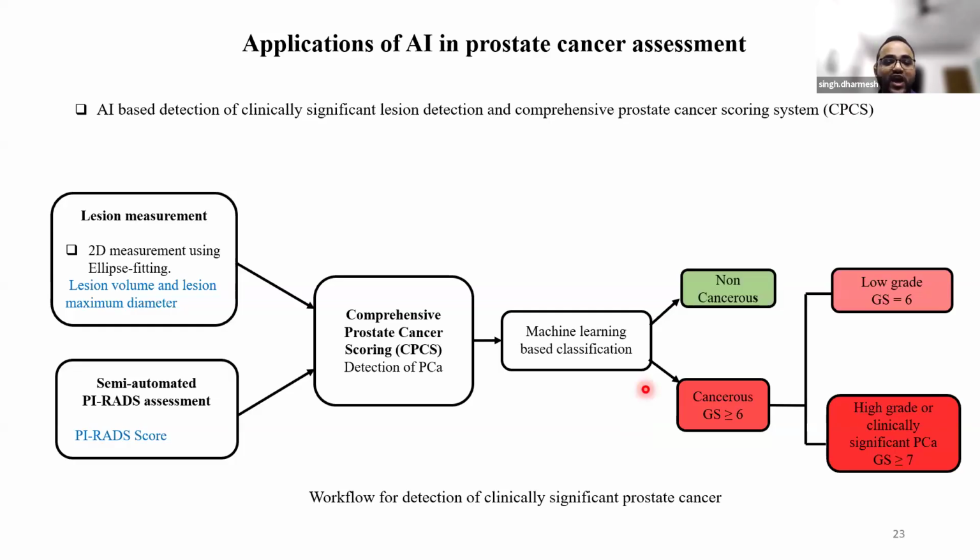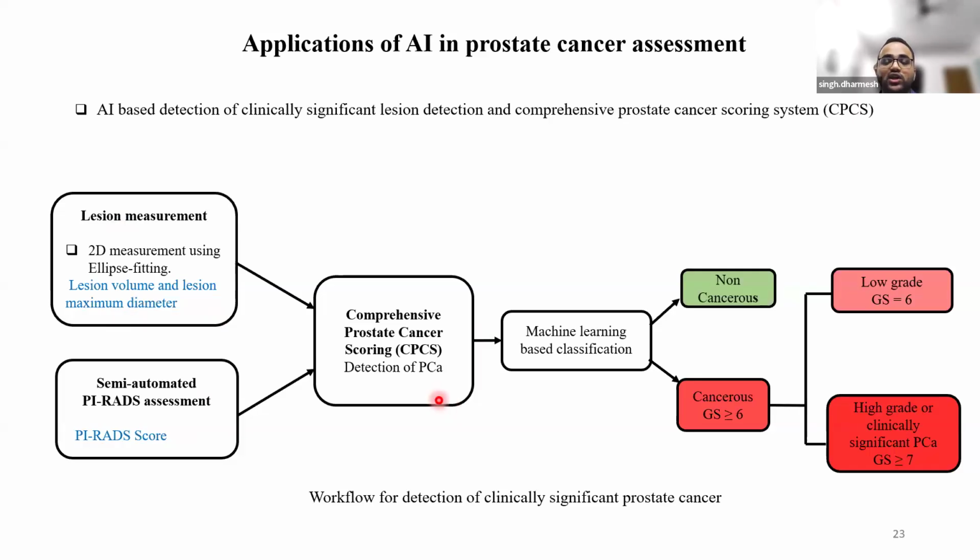So we have worked in this area also, and we begin with the lesion measurement step. We have used an automated segmentation or AI-based approach for lesion volume and lesion maximum diameter. So we have got PI-RADS scores. We combine lesion measurements, like lesion volume and lesion diameter, with PI-RADS scores. So it's called the comprehensive prostate cancer scoring